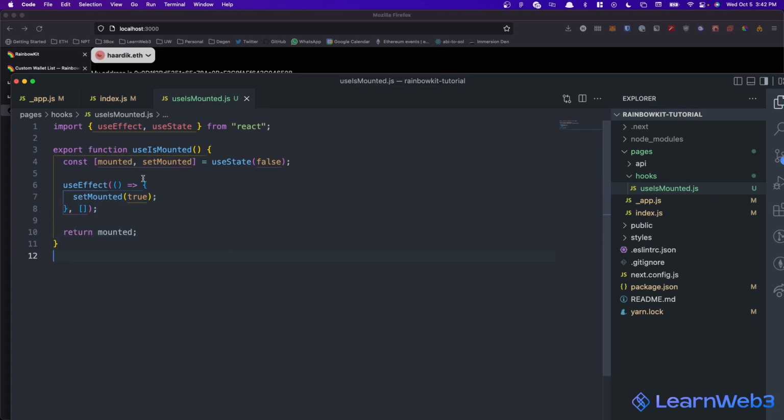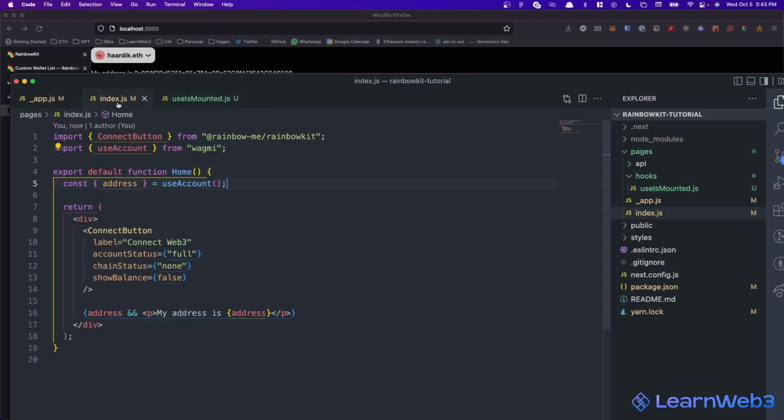So basically what's happening is we're keeping a state variable that starts off as false, and it is set to true once the component has done mounting. And the way that happens is the useEffect only runs after the component has been mounted. So we're guaranteed that this code only runs after the component has mounted. So once we have that guarantee, we update the value of this variable to be true, and then we return this value. And in all of the other parts of your project where you want to use Wagmi hooks,